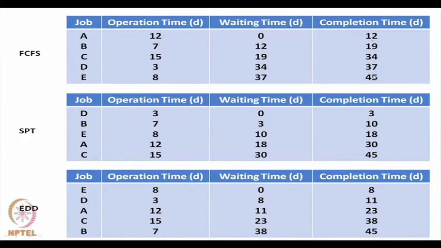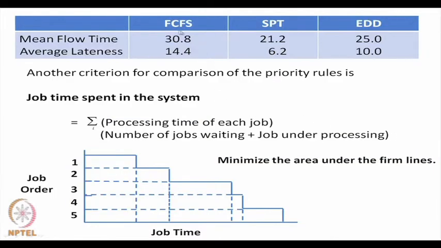You add all of them and divide by 5. Although they are all completed by the 45th day, the completion dates are different for different jobs. So, the average time to complete is 12 plus 19 plus 34 plus 37 plus 45 divided by 5. Similarly for the other rules, these values come to